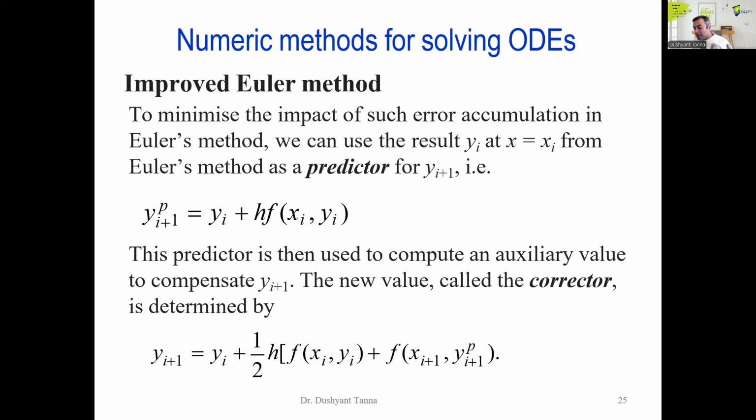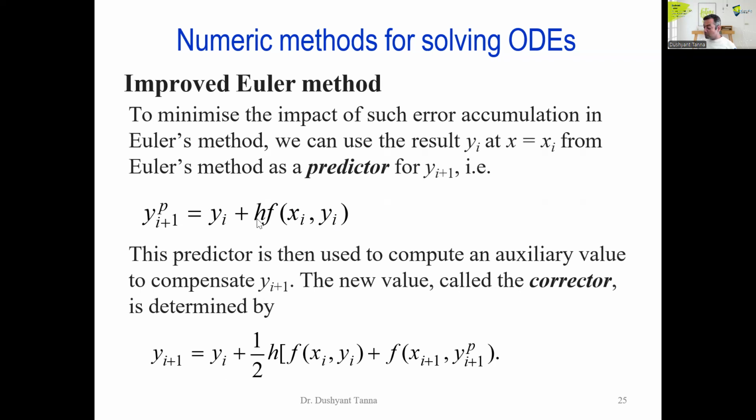So to minimize the impact of such an error accumulated in Euler's method, we can use the result yi at xi from the Euler's method as a predictor for yi plus 1. So we are saying that yi plus 1 predictor is yi plus h f of xi yi. This predictor is then used to compute an auxiliary value to compensate yi plus 1. Okay. The new value called the corrected value or corrector is determined by yi plus 1, which is the yi,